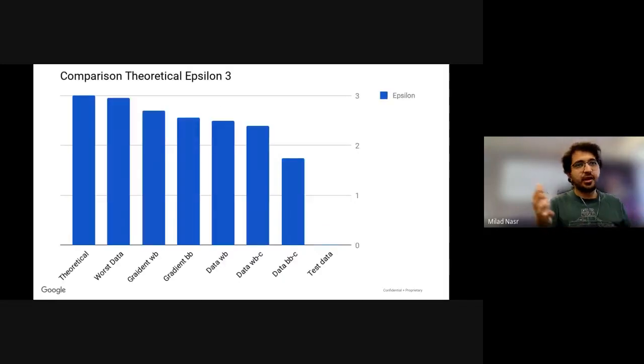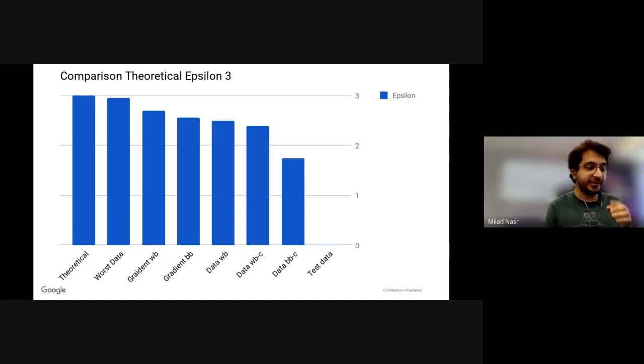And with that, the overall way of looking at results is that when we have a theoretical epsilon, if we have a worst case data set, the results are very similar to the theoretical epsilon. When we have a gradient attack, we can see a different spectrum of results, from the theoretical to only changing the training data set by removing one instance or adding one instance to the training data set. So if the adversary has access to and can change all of the training data set, it can have a very bad effect on the